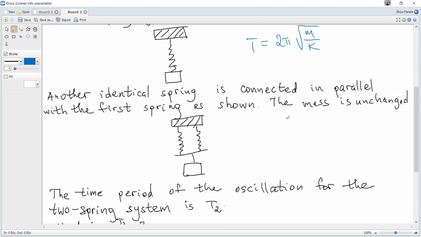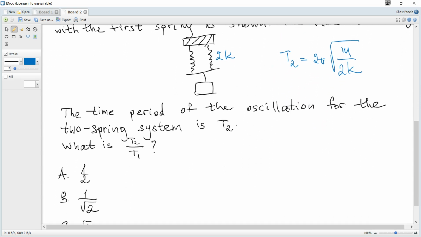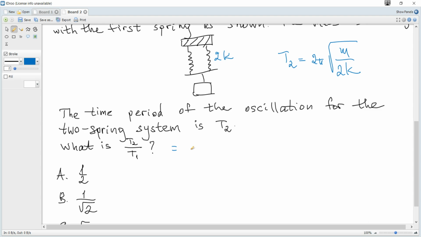So for the two-spring system, the resultant spring constant is just the sum, it's 2k, and the mass is the same, hence the period T2 becomes 2 pi square root of m over 2k. Hence the required ratio becomes,